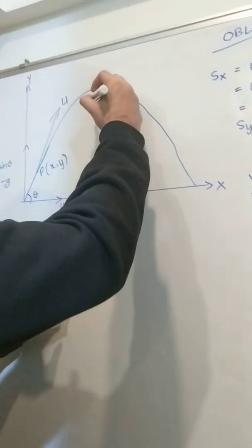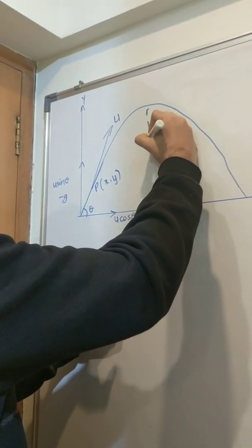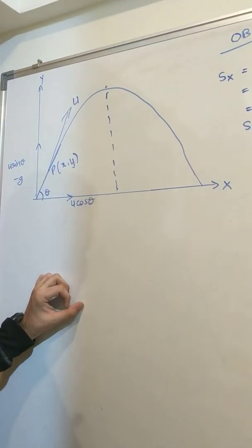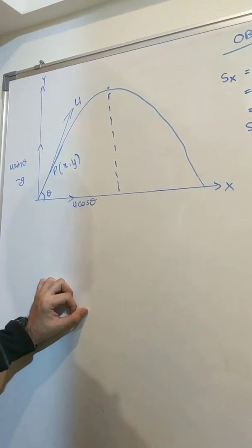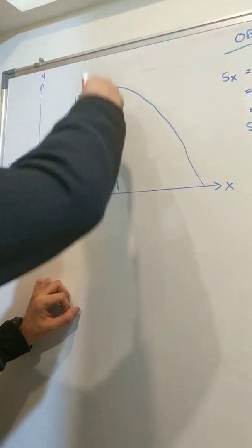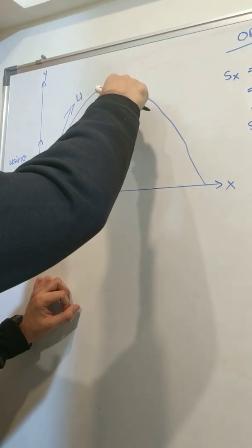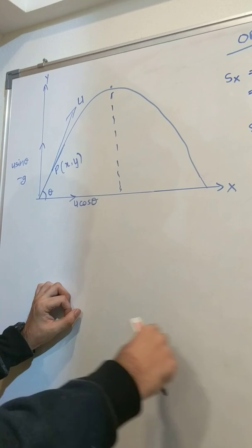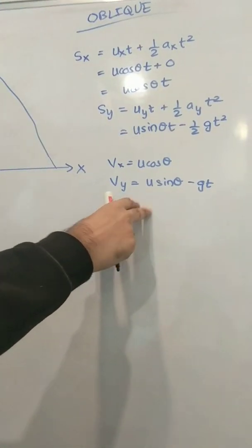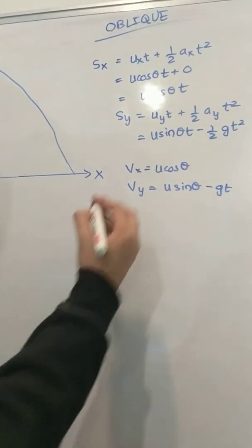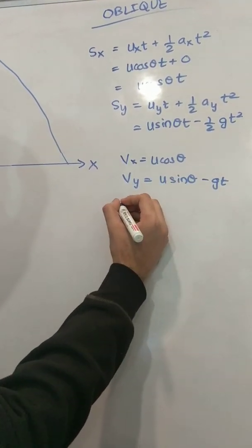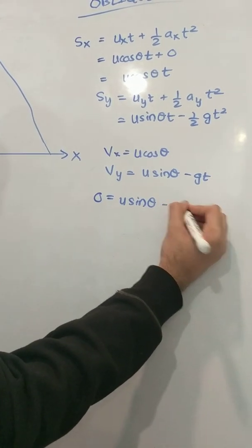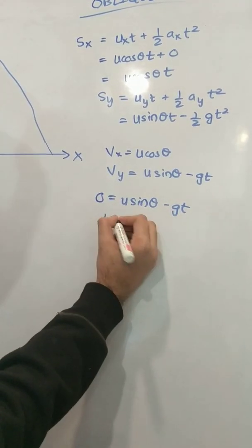Now let's find the time taken to reach this max height. You must notice that the velocity in y is 0 at this point. There is a velocity in x, but as far as the y plane is concerned, there is no velocity. So we're going to let this equal 0. Rearranging, we get,